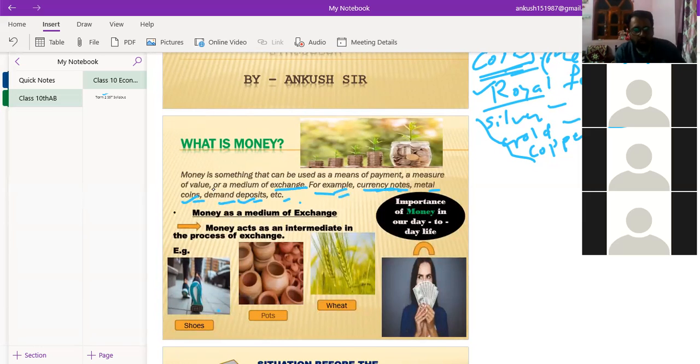So money is something that can be used as a means of payment. Means whatever things you are purchasing nowadays, nothing will be there without the payment of money. In exchange, you would have to give something. Suppose I need something and I come to you, and even you want something from me. So there would be just an exchange. If things are exchanged, there is a different concept for that. But money has eliminated this thing. As you want something, you can sell, or as you want something, you can purchase.